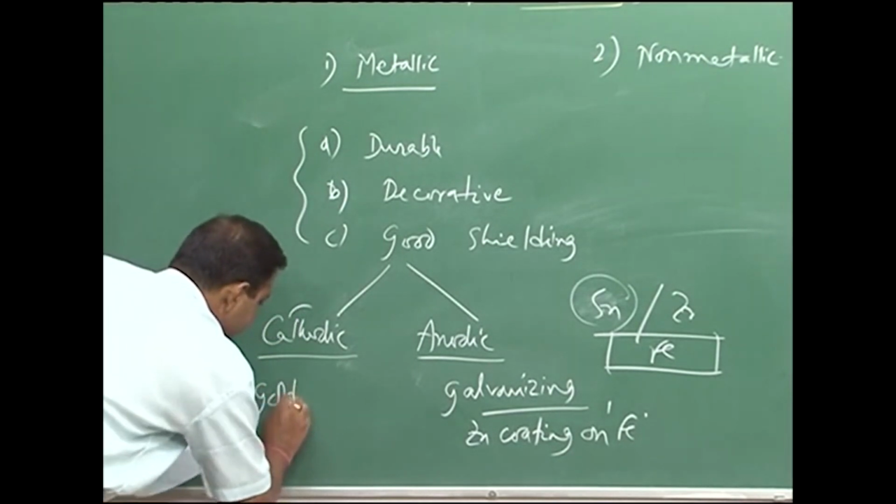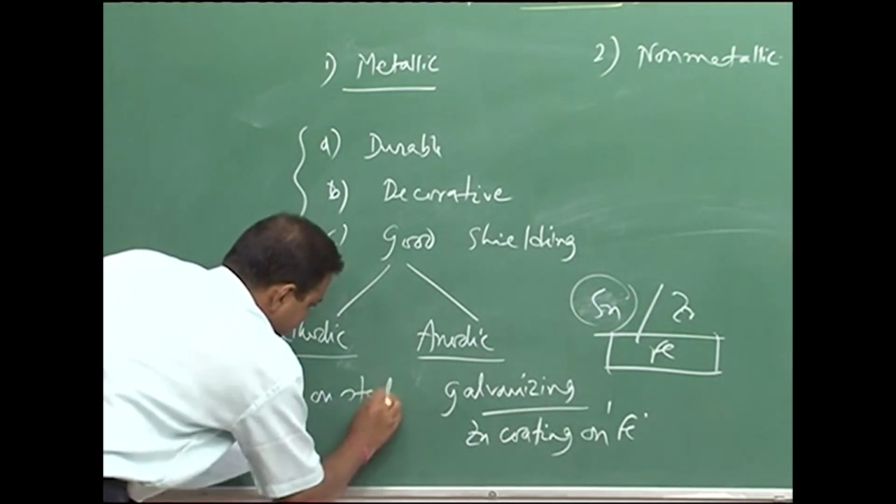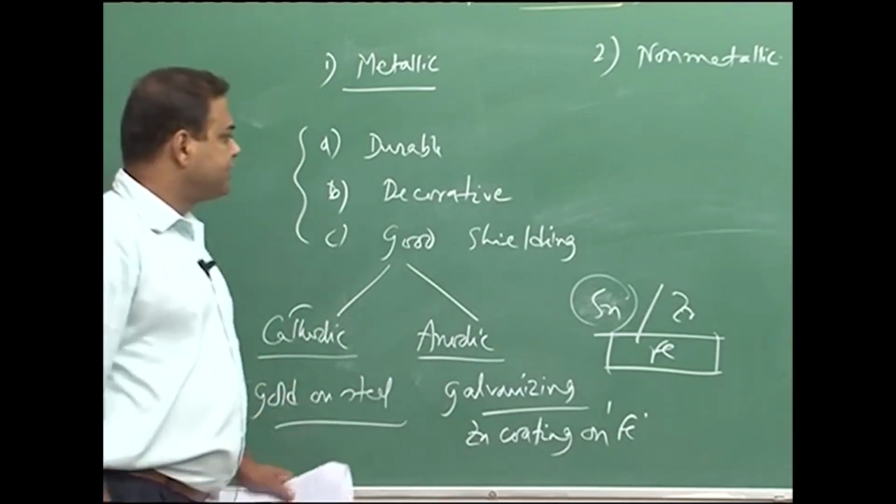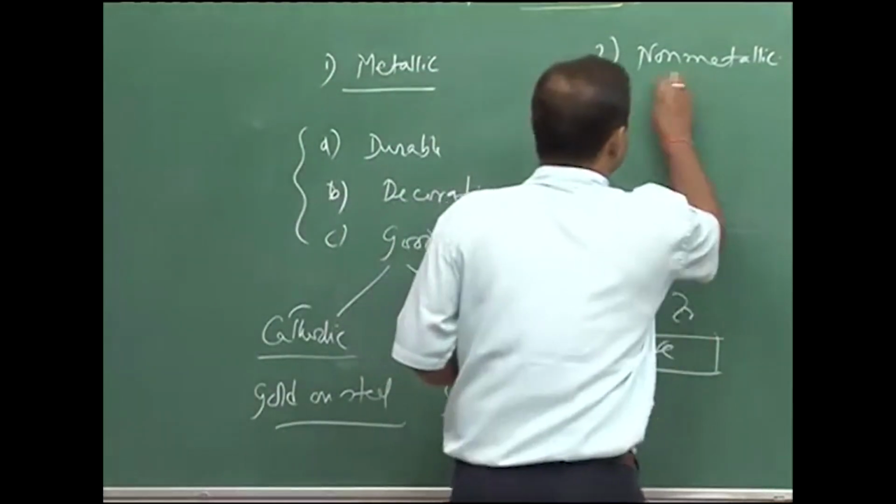Another example of cathodic coating is actually gold on steel. So, these are various examples of cathodic and anodic coating. Now, coming to the non-metallic coating,